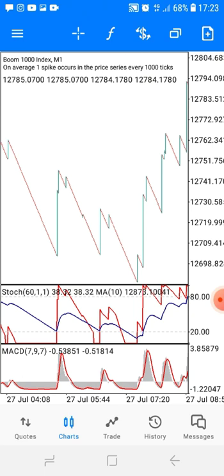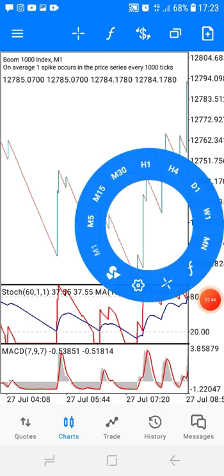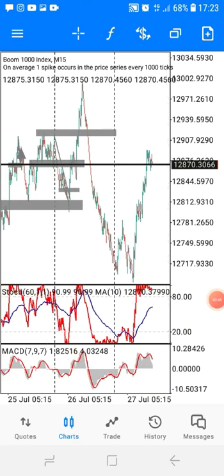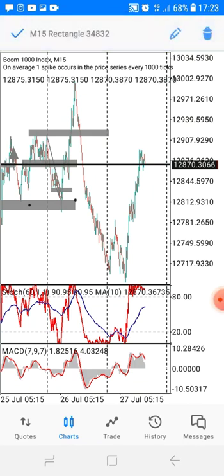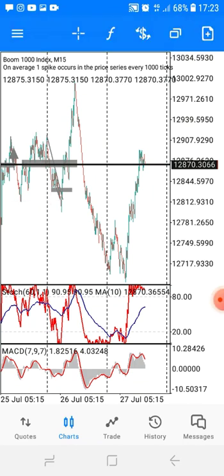So the thing is that you will have, this is Boom, remember that. So we're catching spikes, meaning that we're going up, right? So as we're going up, you will have to go to M15. You see we are on M15, right? Let me delete this. I was just analyzing the market some other time there, so don't mind that.